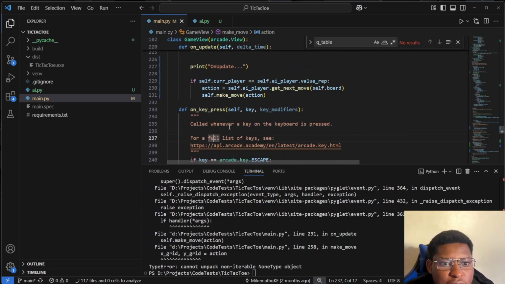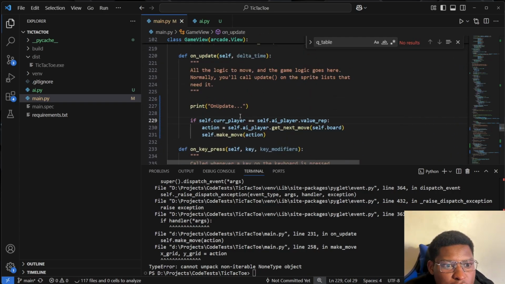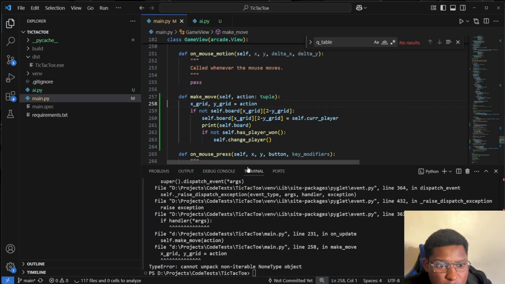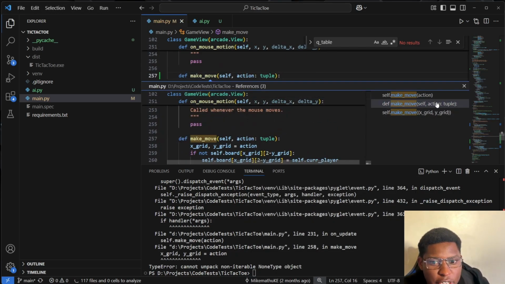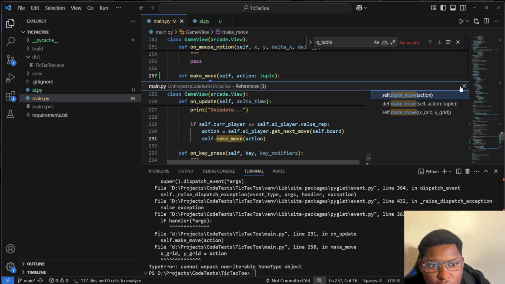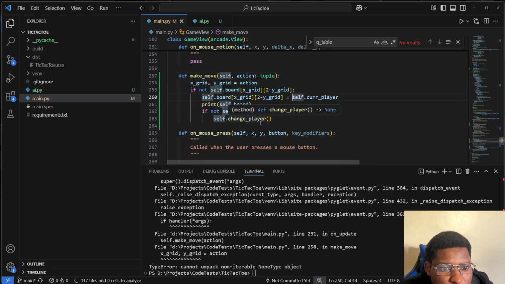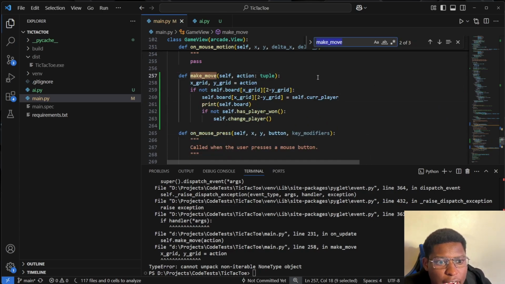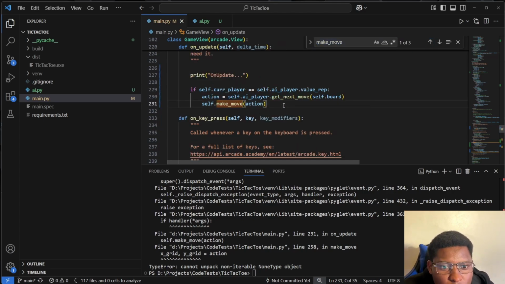Oh, this is so crazy. So we have, right here on our action, our make move. So at this point where I have our make move, for some reason the action is not